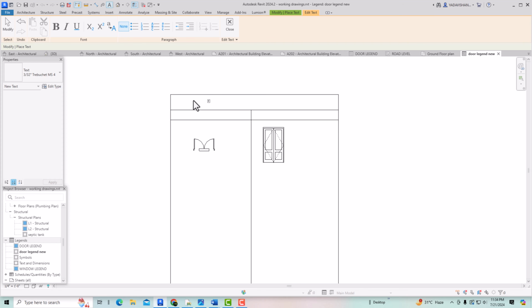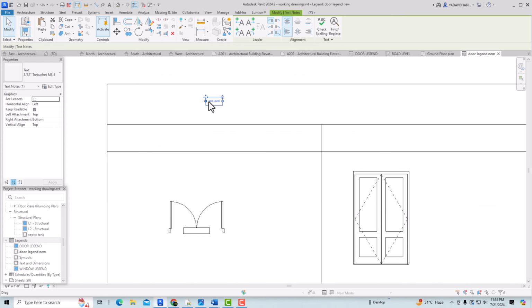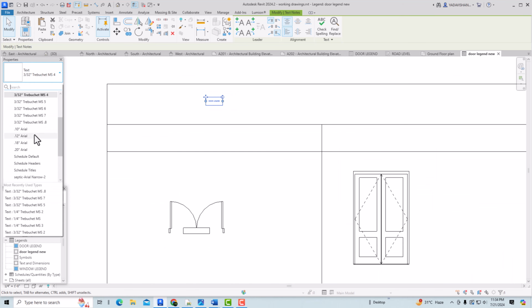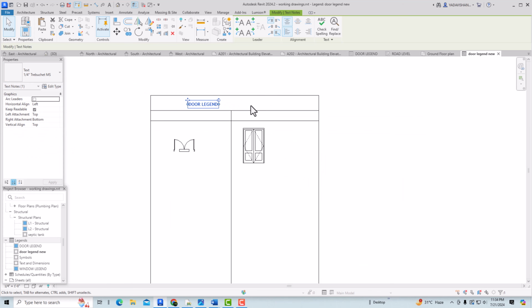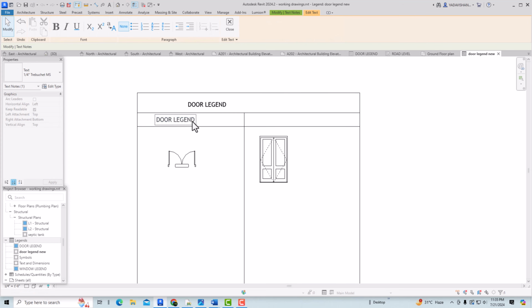So this is coming very small, so I will change this letter. So this is door legend, and you can see here this is the door legend, but this is very small. So I'm going to select another text here. So I'm going to select this one. So this is door legend, and I will copy here. I will rename this as a plan view,